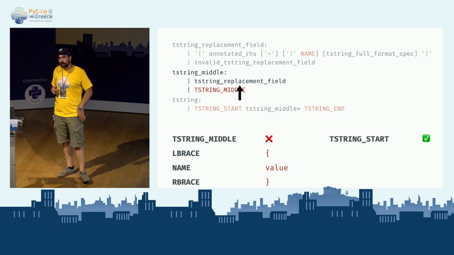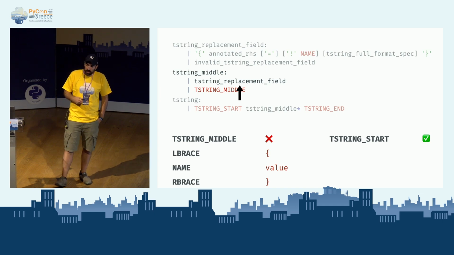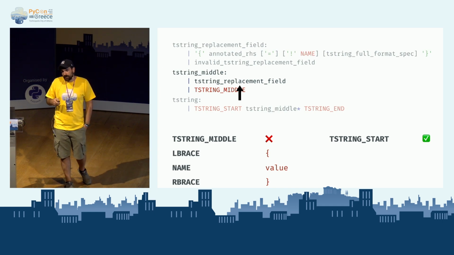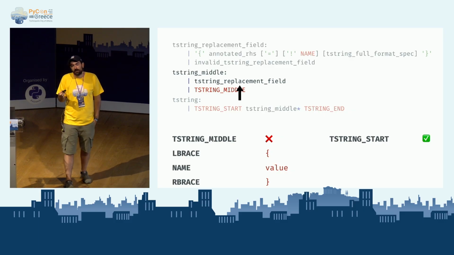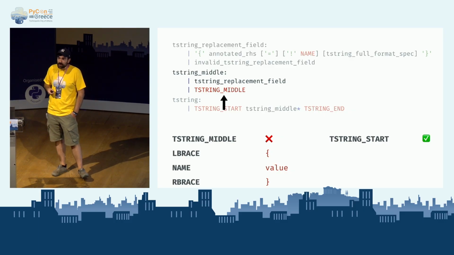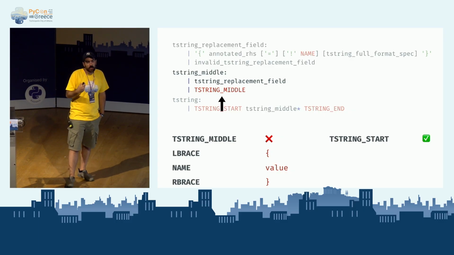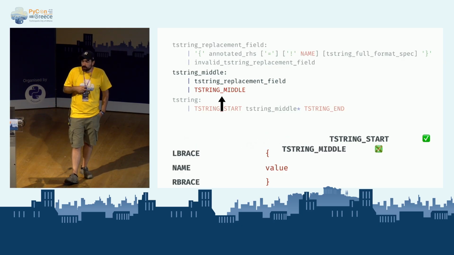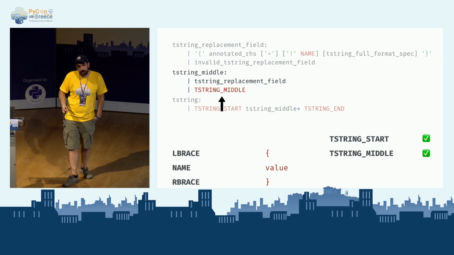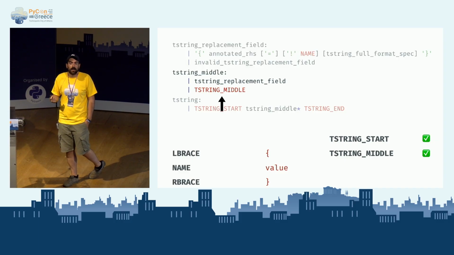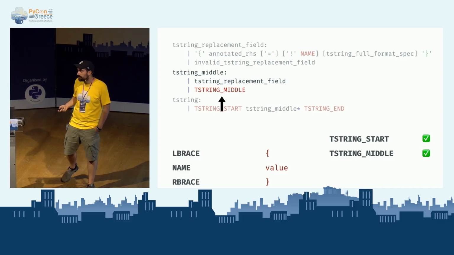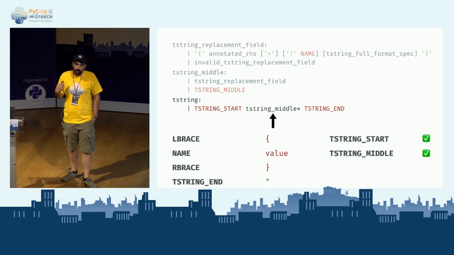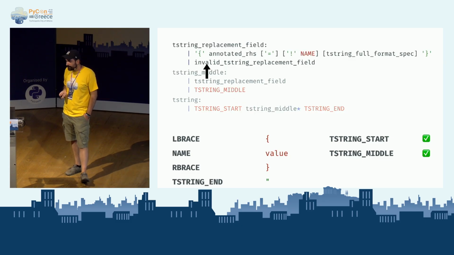The vertical bars actually separate alternatives, and when one fails, we go and try the next one. So for example, here we say if it's not a brace, then it needs to be a T-string middle. In this case, it actually is a T-string middle, so the parser keeps on being happy and accepts the input that it has. This dance goes on and on and on.